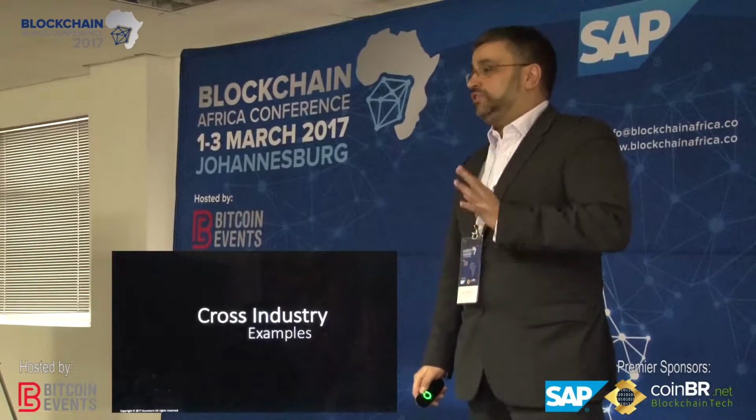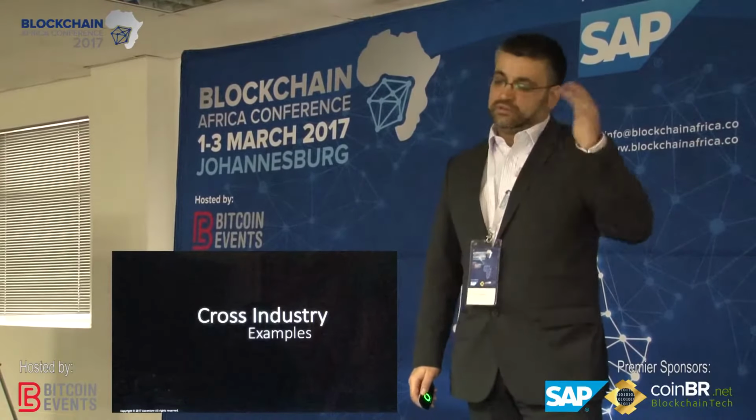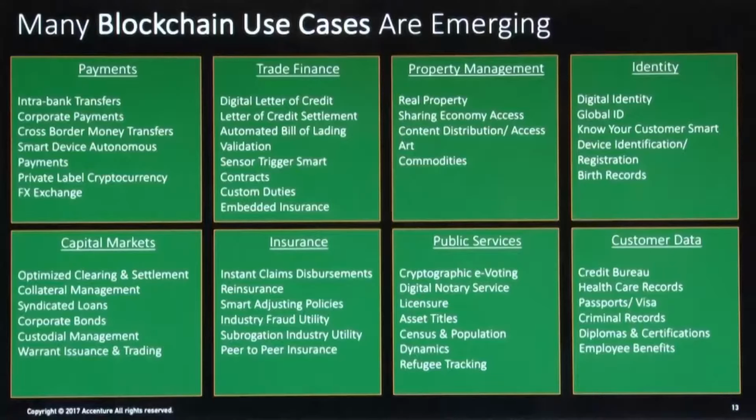So I want to talk about examples. I wanted to give you the background beforehand because it's sort of explaining where some of these come from. There are a lot of use cases that we are working on, and this is sort of an inventory, if you want to call it that. And there are a variety of different levels of maturity of this. So now, just to be transparent about it, this ranges from anywhere from paper proofs of concept, paper POCs, all the way through to sort of real proof of concepts, pilots, and actual production implementations that we're rolling out.